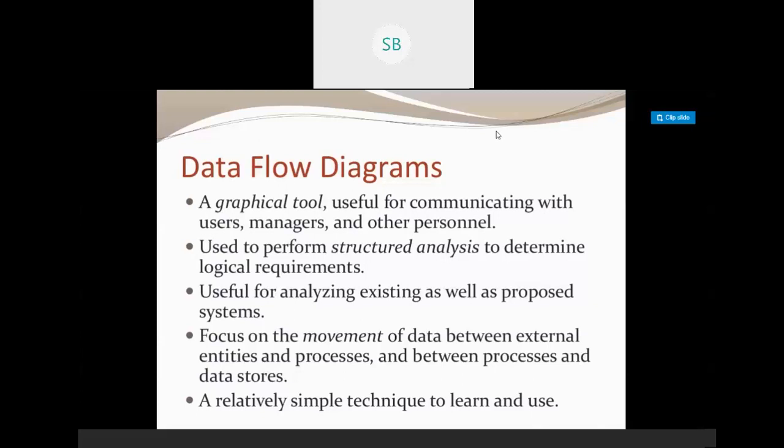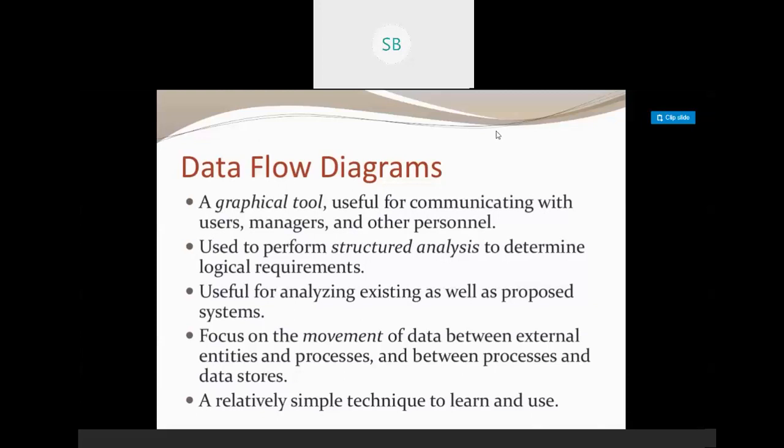For any website, we go for this kind of diagram, either the ER diagram you are studying in DBMS. So this ER concept is obviously applied in DFD also. Why? Because in the ER diagram, we have all the tables, right? Those tables, the entities, will be used in a data flow diagram also.